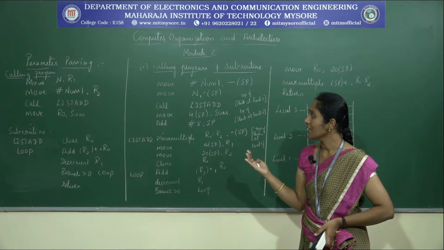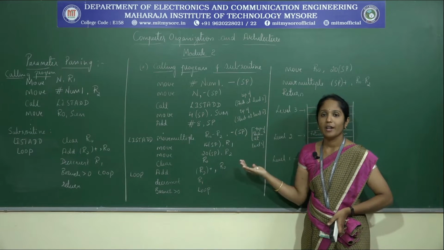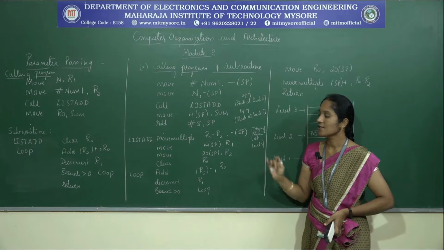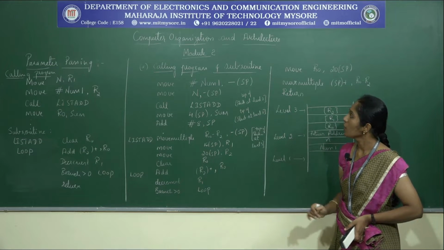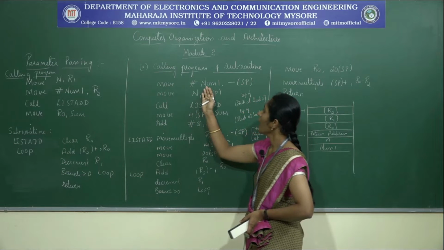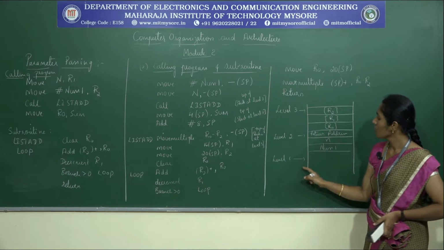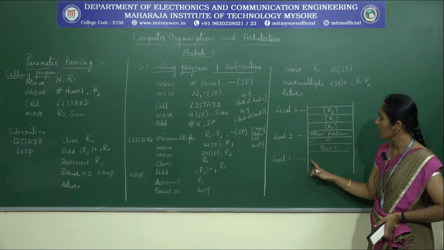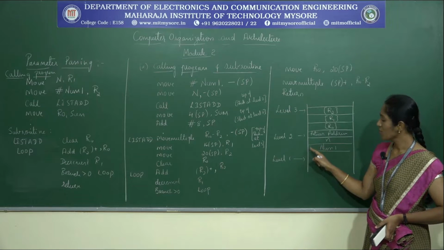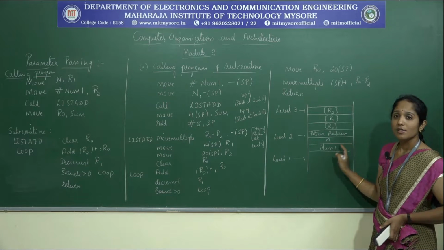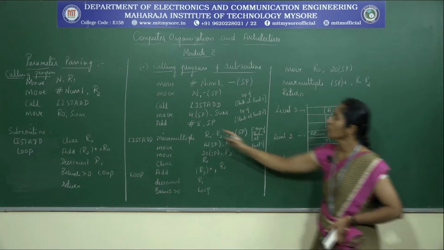And if you consider the usage of the stack and how to move the data and how to retrieve the data, let us see and understand how the stack is being used in parameter passing. In this case we have move #num1, -(SP). So we are decrementing the stack. If you observe here, the stack pointer initially is at level 1. When we decrement it, it moves to this address location and stores num1, the address of the first element to be added, in this location.